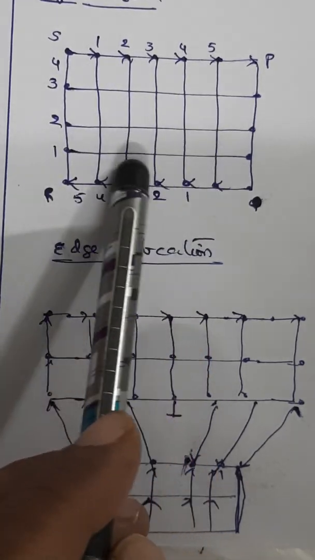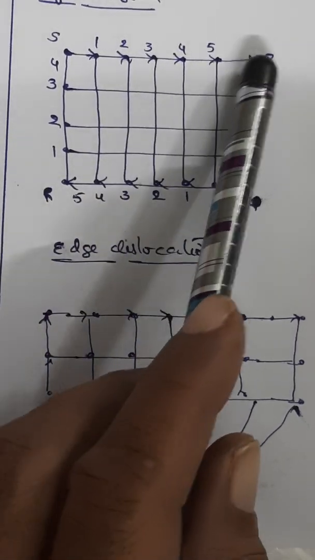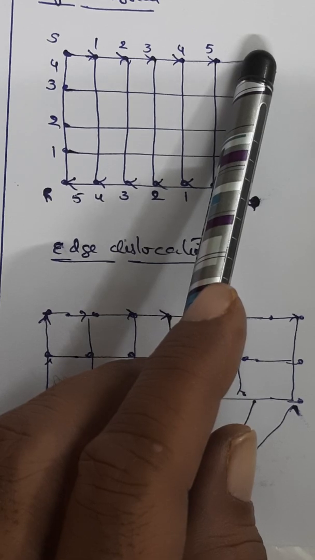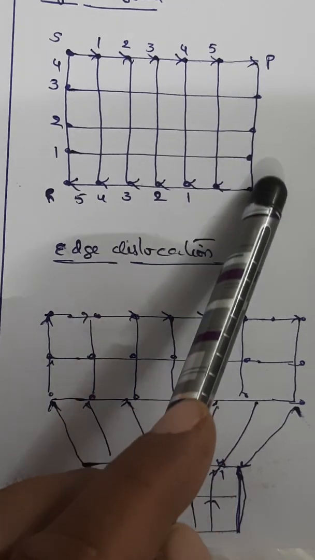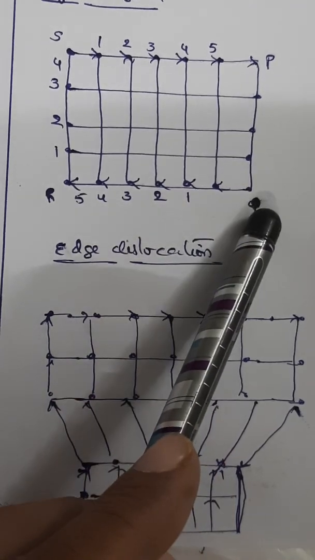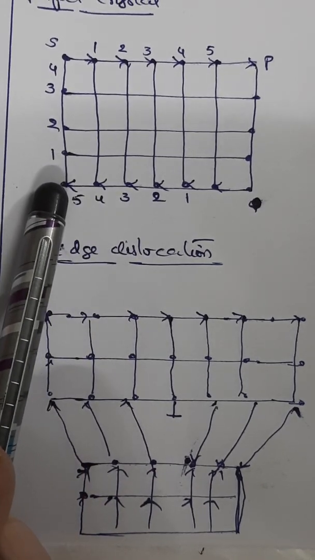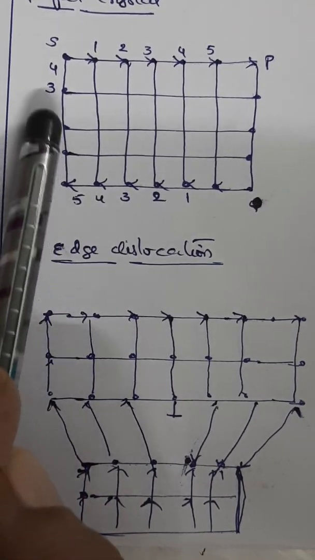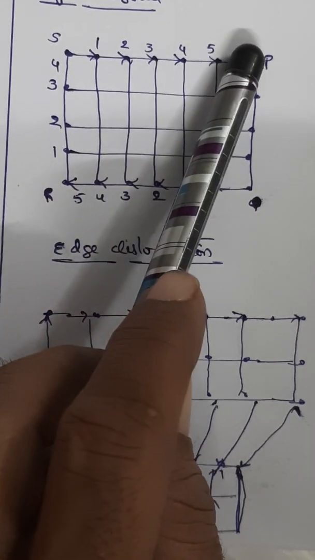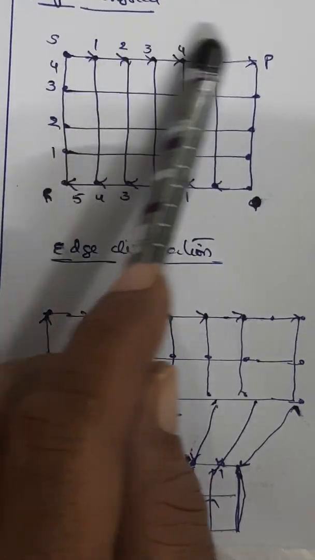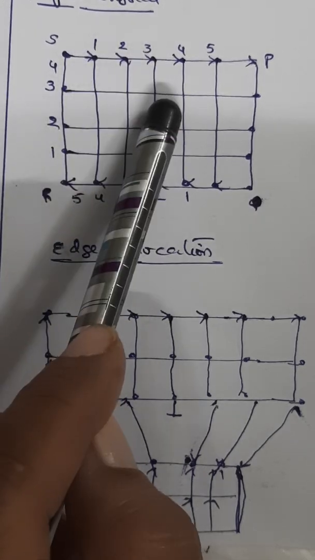In a perfect crystal like this, where there is a regular periodicity of atoms, the circuit is started from the lattice point P, covers 1, 2, 3, 4 atoms and reaches Q. From Q it again covers 5 atoms to reach R. By covering 4 or 5 atoms respectively, it reaches S and P. So the circuit is closed at P. Thus, the Burger's circuit is closed in a perfect crystal.